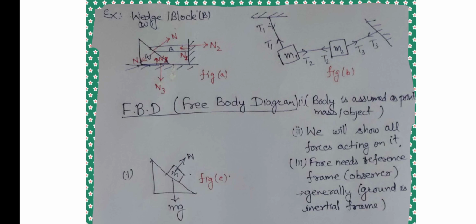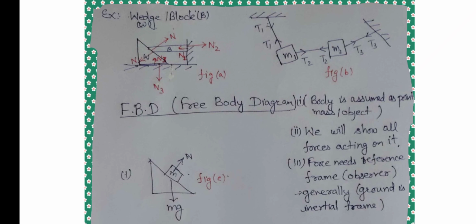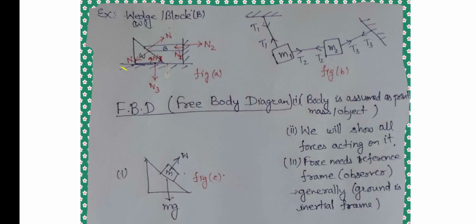Next is the contact point between the block and the wedge, where we denote the normal by N. The normal is always perpendicular to the contact. So N is perpendicular to the contact of wedge and block, and this is on the right side, so it is balanced with the left side. On the left side we have drawn N. These are our FBD notations.